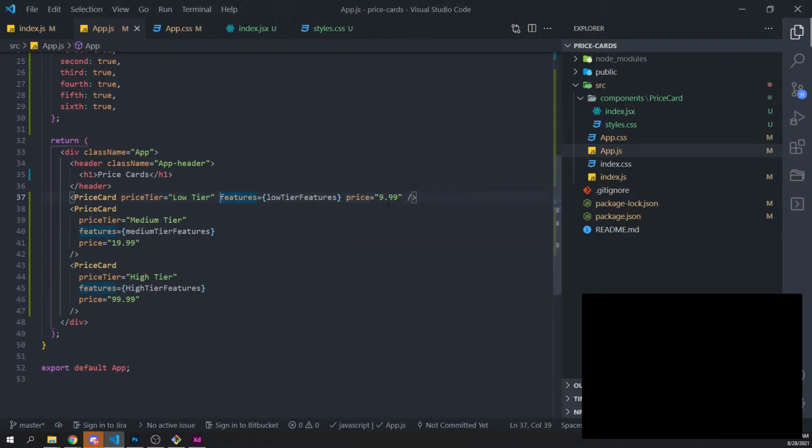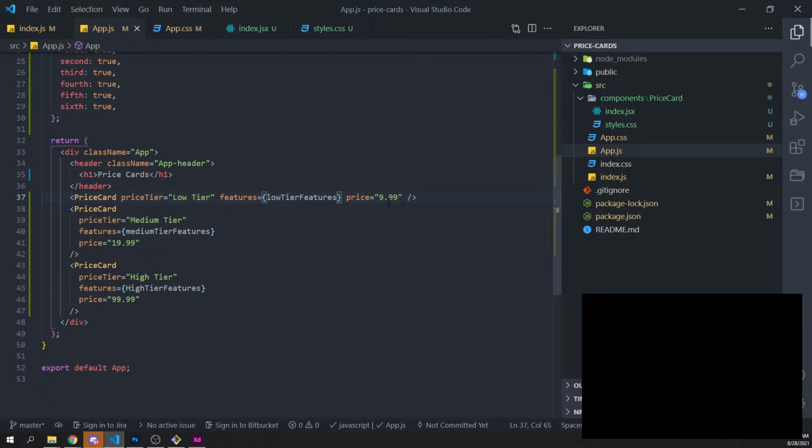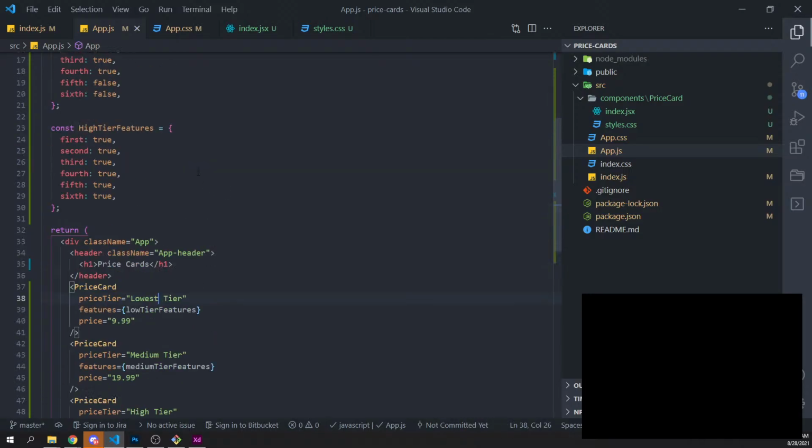Ooh, why isn't this one breaking into separate lines? I need them to be the same. Come on, prettier. No. If we change this to the lowest, is that past the length of them? Sweet.